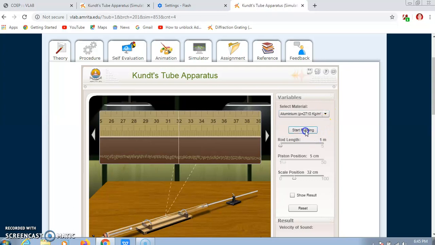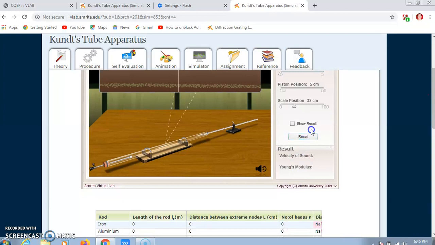So again you can start rubbing, you can play with the length of the rod, you can fix it, and you can form the nodes by adjusting the piston position, and then you can measure the distance between two successive nodes by using this position of the scale, and the results you will get directly from this simulation.